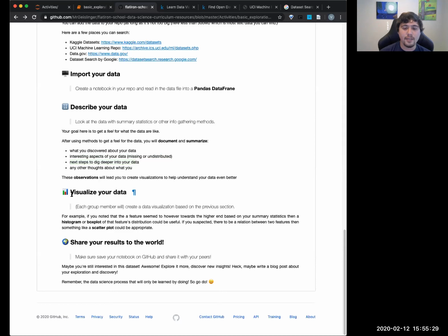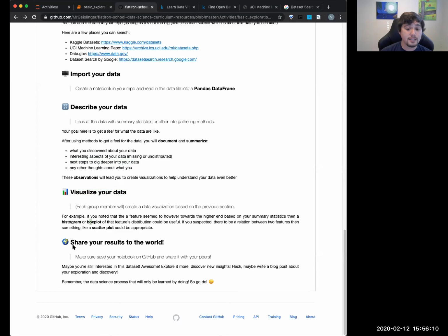Cool. All right, the last part is that I want you to visualize some of your data, taking some aspect of your data and making a visualization. This can be more exploratory. The point is for you to get practice doing this. I want each person in the group to make a visualization in that notebook. You can take turns and figure out how you want to do that, but for every person in the group, there should be at least one visualization. Okay, cool. This can be a histogram, box plots, which are really useful, or a scatter plot if you want to compare bivariate, so two columns or features.